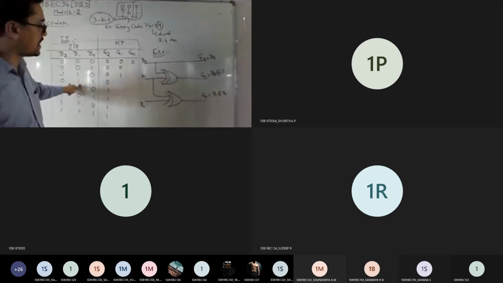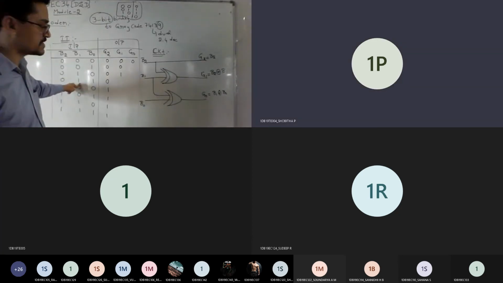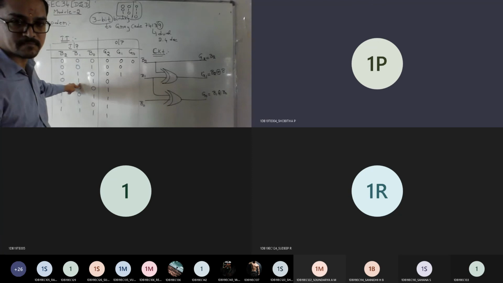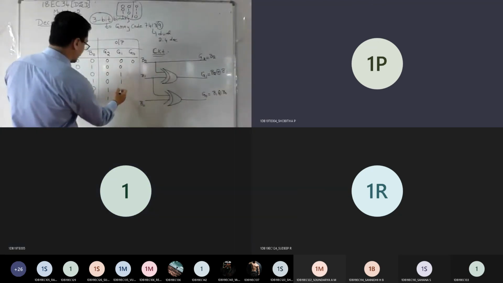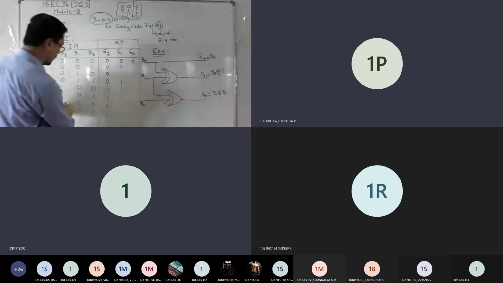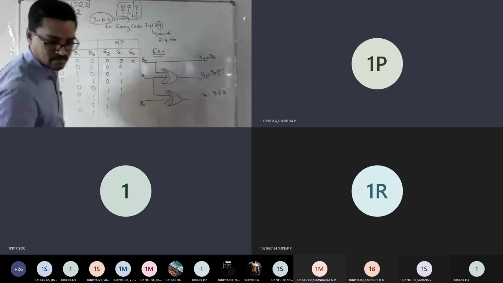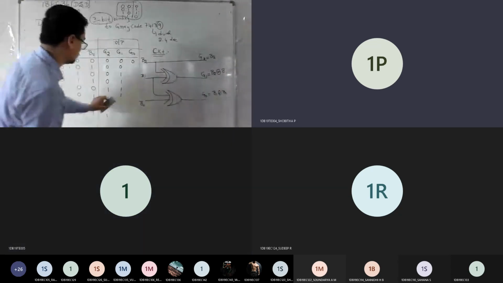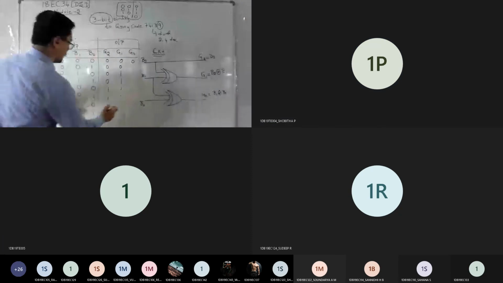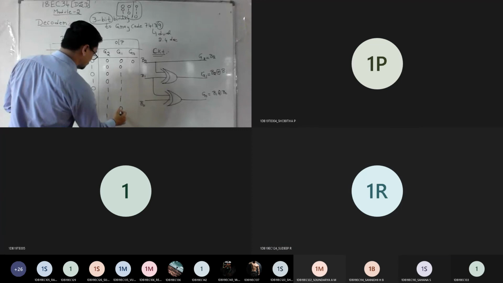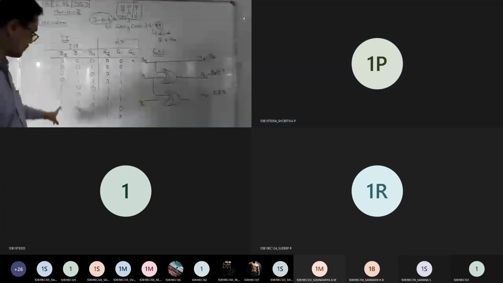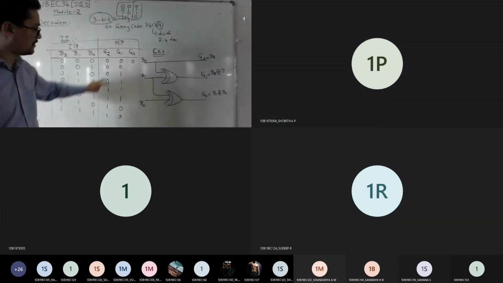Next, what is next answer? 1. Is it 1 again? Yes, sir. XOR these two columns, that's all. So 1, again 1, everything is again 1. Now 1, 1. Last is there. 1, 0. So this 2, again 1. Last 2 are 0, 0. Correct? Yes. 1 XOR with 1, 1 XOR with 1.